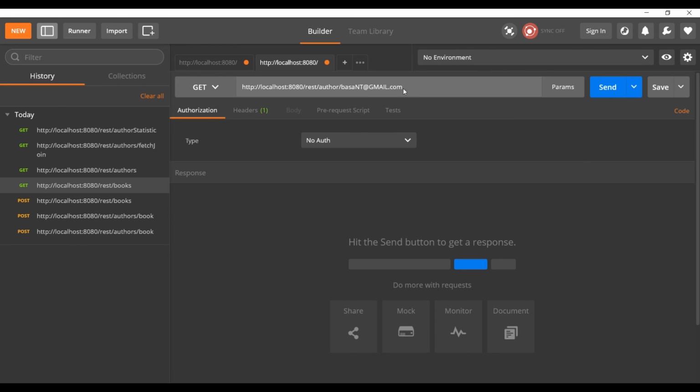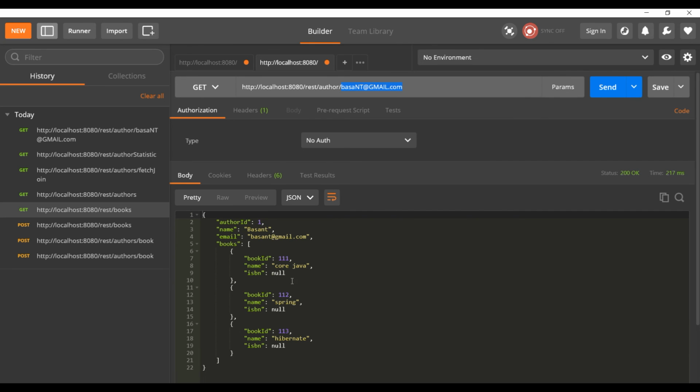See, there is no specific order, no camel case, lowercase and uppercase mixed up. Once I send this request, query DSL will convert the entire email ID to lowercase and return the corresponding author object. Now click on send. You are getting this, right? Even though I'm not giving it in the proper case, I'm still able to access it.